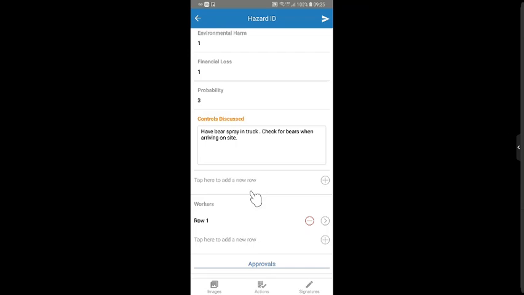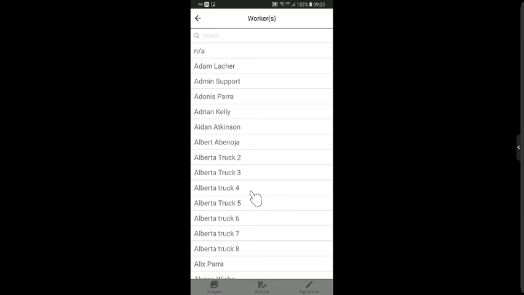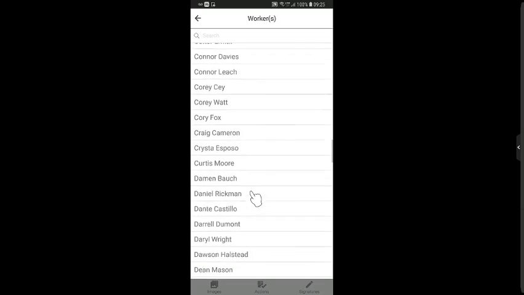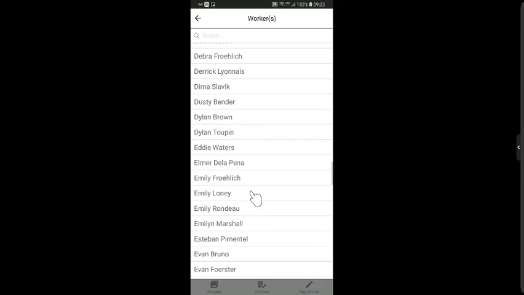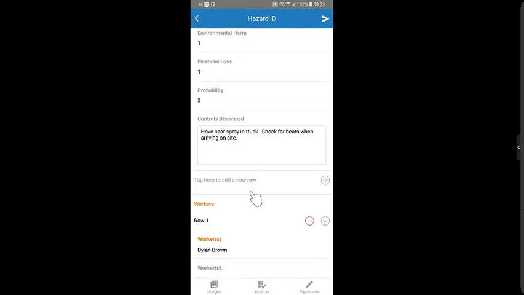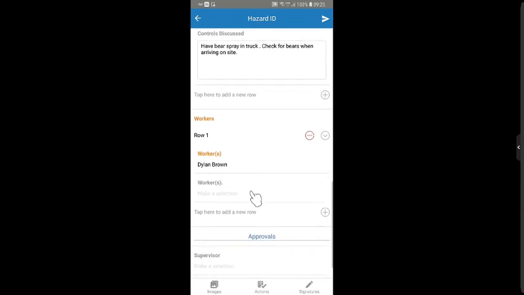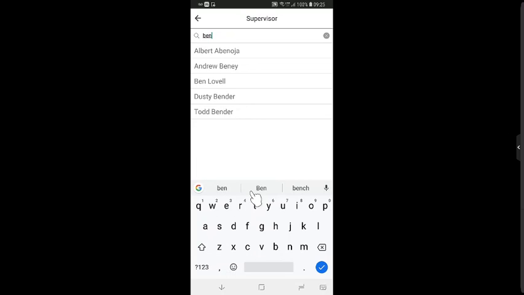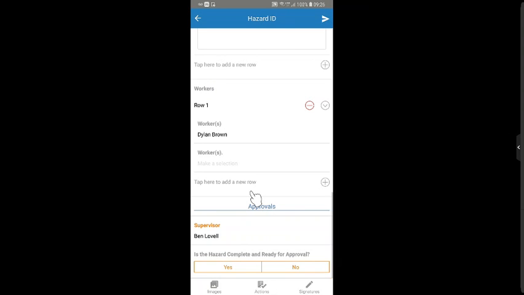And then our next row, we just have workers. So just select the worker for who it was who filled out the form. So let's say we'll say it was Dylan Brown filled out this form. Select the supervisor. So we'll say I was the supervisor for Dylan that day. Is the hazard complete, ready for approval? You'd select yes. And then at the very top right corner, you just select the arrow and you would submit